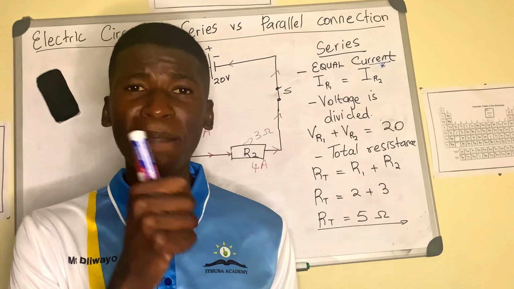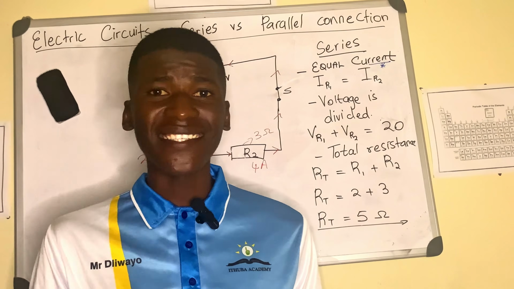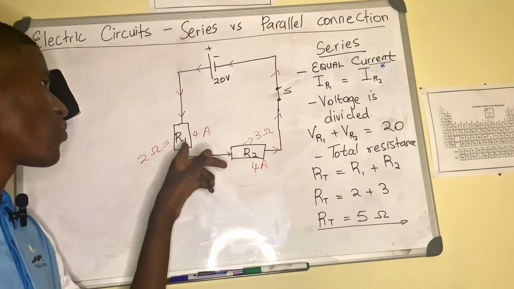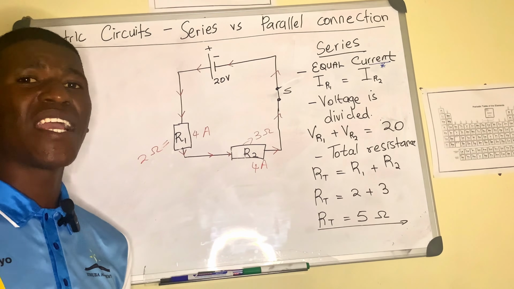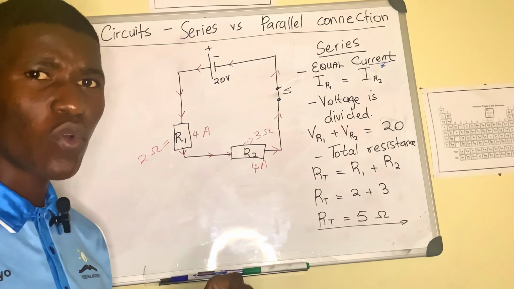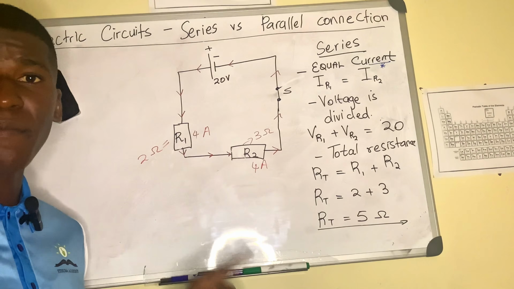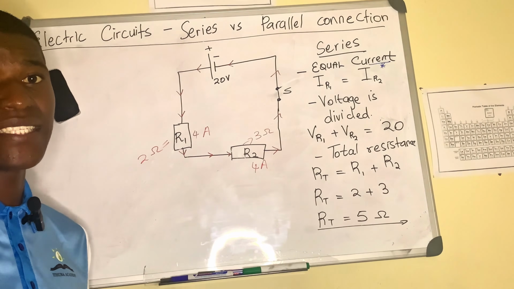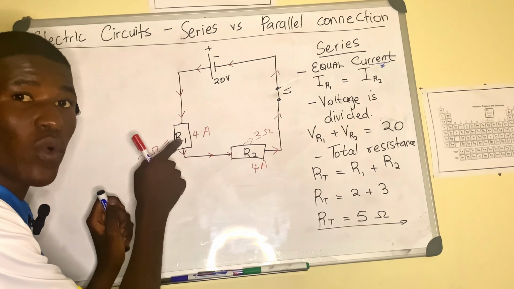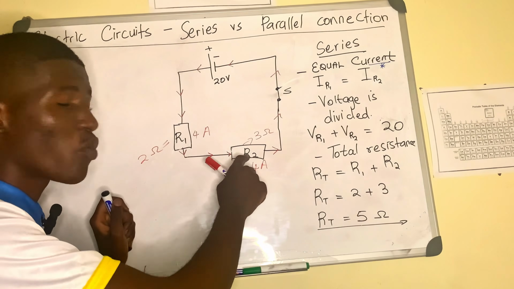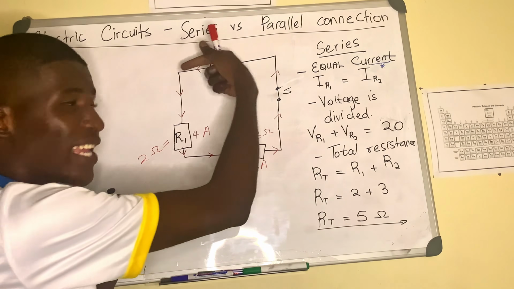So don't misinterpret things, grade 10s and 11s and 12s. Please don't misinterpret things and say, hey, this one, if it's 2 volts, then this one will also be 2 volts. That will be nonsense, wrong as well. So don't do that. Okay, so basically the current will be the same if they are connected in series. All right, it's because here the current that is going into R1 will be the same current that will go into R2, because this current, when it comes out of R1, must go to the negative terminal.